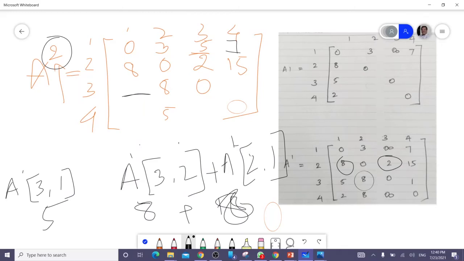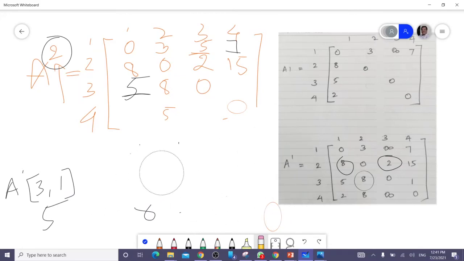So 8 plus 8 is 16. 16 and 5, which is smaller? 5 is smaller. You just write 5 as it is. Now, after this, the next element that you have to find is 3, 4.